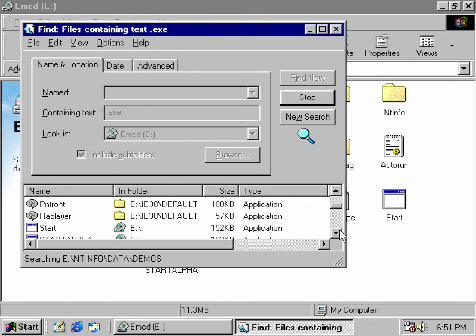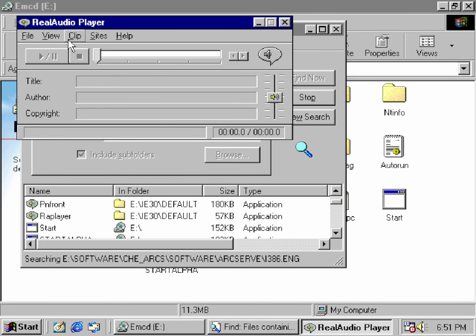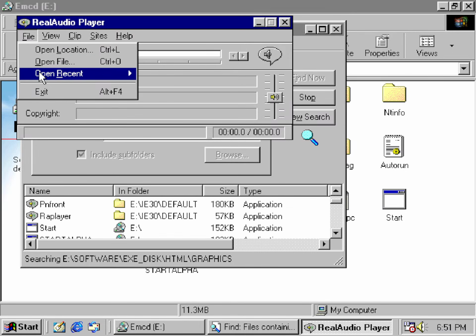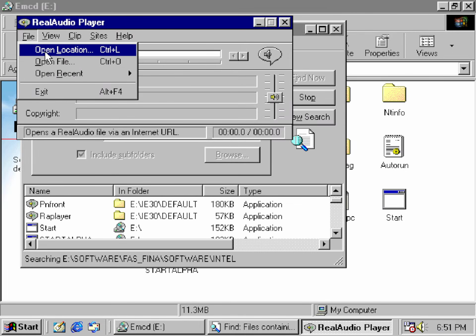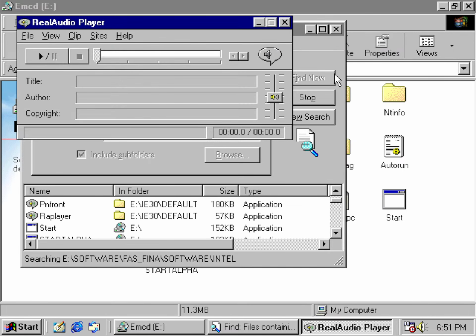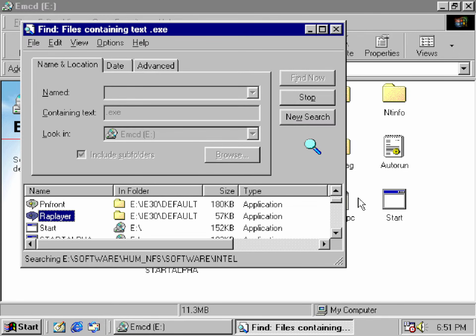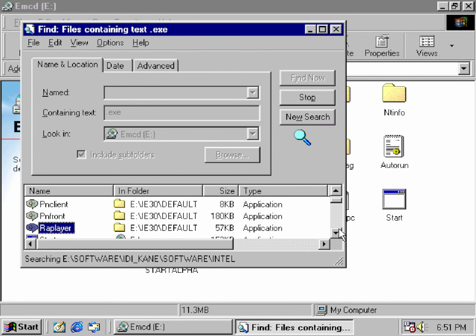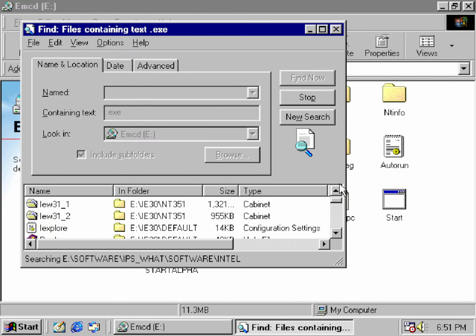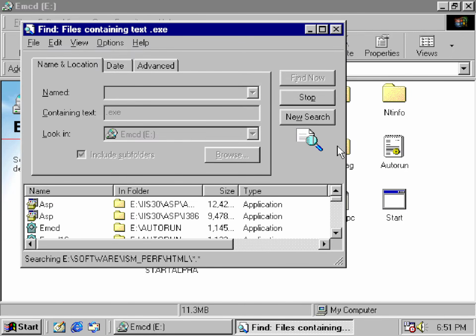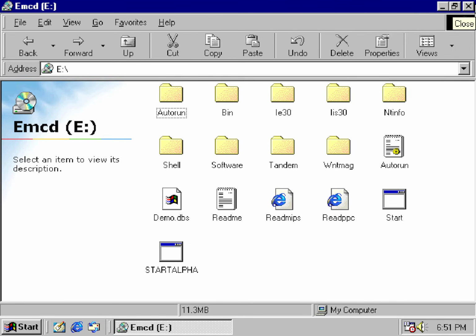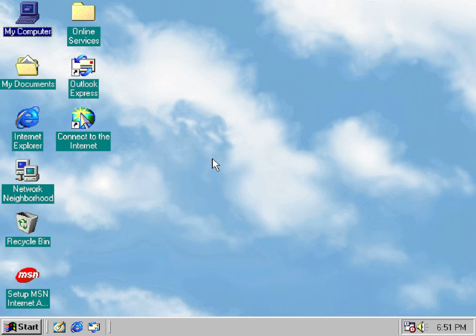Real Player. What the hell is this? Real Audio Player. Okay, it's meant for online stuff. Well, I guess that's all there is. The rest is just software or